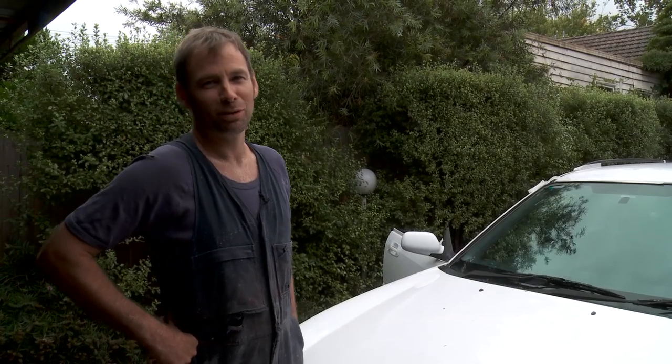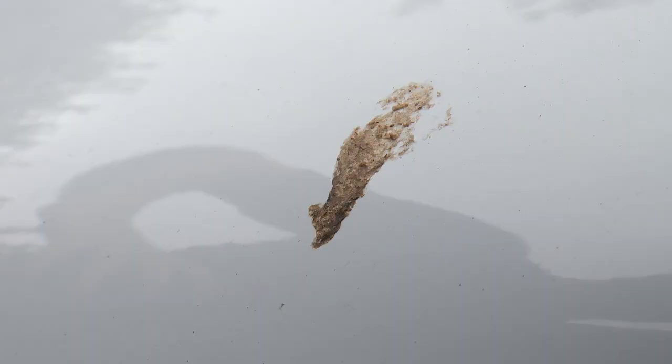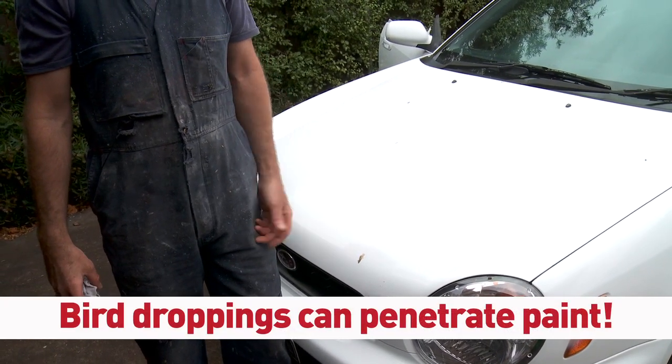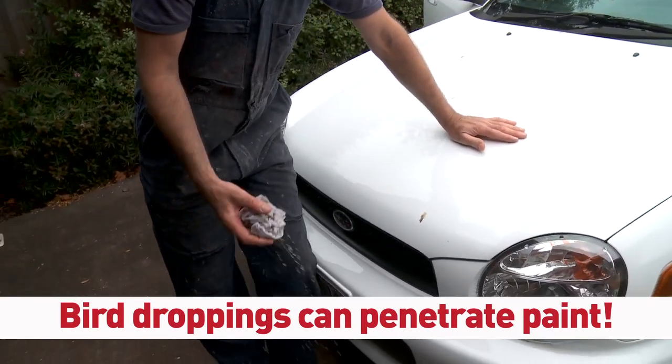The age-old problem of the bird poo. Always an issue with good paintwork. When I see bird poo on my car, I get it off straight away. So I actually always keep a chamois in my car, because if it's a hot day and your car's sitting in the sun, the heat will penetrate into your paint and can actually lift your paint up. What I do is I wet a rag or a chamois, a bit of paper, whatever,